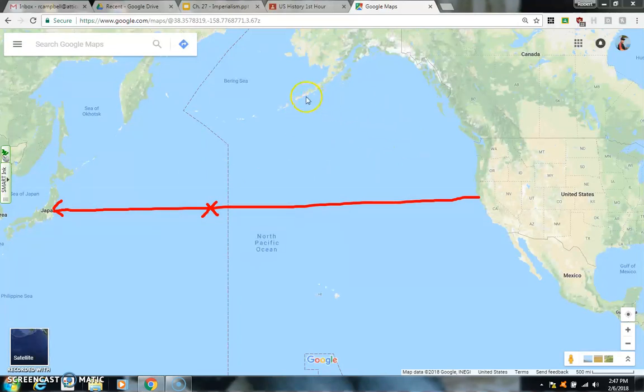Well, if you look at Alaska, which is this chain of islands that tails off of Alaska, and if you look at Hawaii, they're not quite exactly halfway. There is an island, I want to say it's right in there, called Midway Island, because it's literally midway between the United States and Japan and the mainland of China. But here in Alaska and here in Hawaii, you can put these things called coaling stations, whereby you can sail your ship from California up to Alaska, refuel on coal, and then make your way to Japan. Okay?